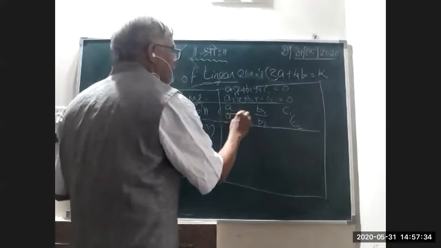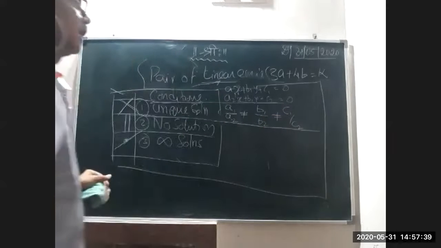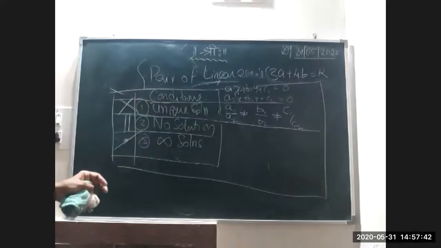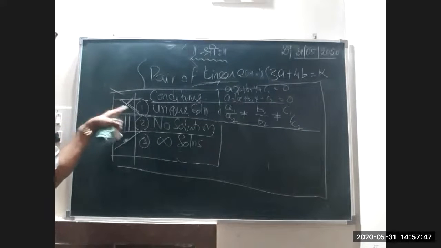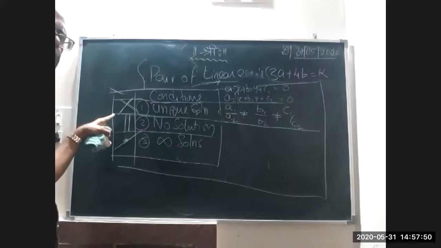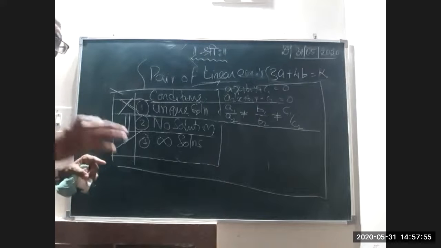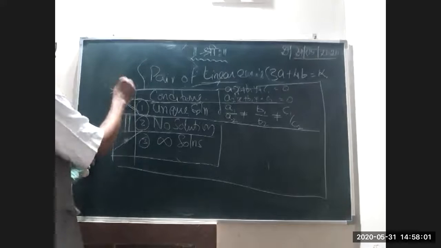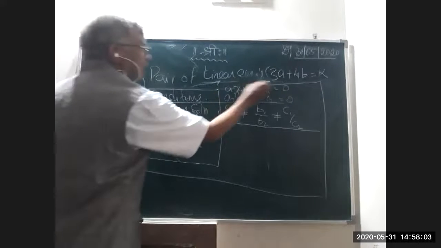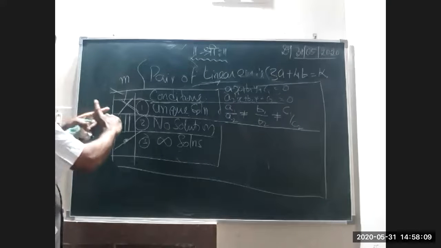That means a1 by a2 will not be equal to b1 by b2, will not be equal to c1 by c2. Never will it be equal. See here, the slantness of this and this is different. Did I not say that slant? Slant is what? Gradient. Gradient is what? The inclination. I have used all the synonyms in English: gradient, slant, inclination, which we call m. Therefore, m of this equation and m of this equation are different, but they actually coincide at one place.